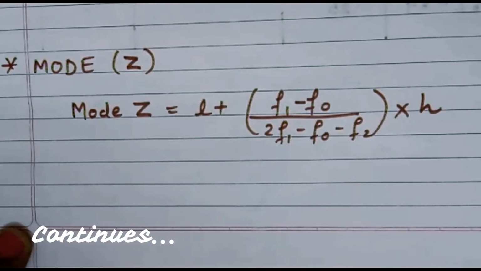Now in class 9th you have already learned about mode. Normally you have learned that a mode is a value among the observations which occurs most often. That means the value of that observation having maximum frequency. And we have learned to obtain mode of only ungrouped data. Here we shall obtain mode of grouped data.